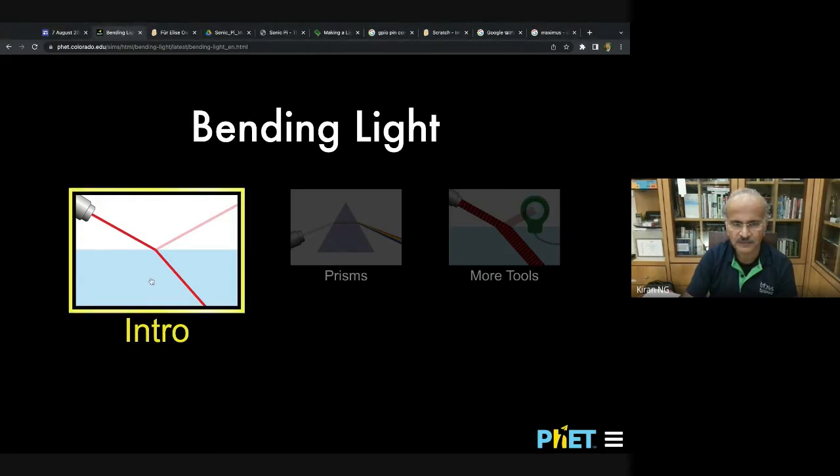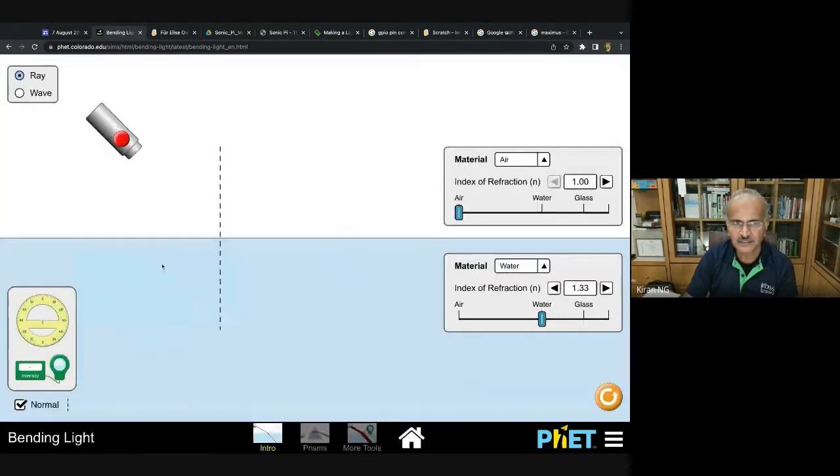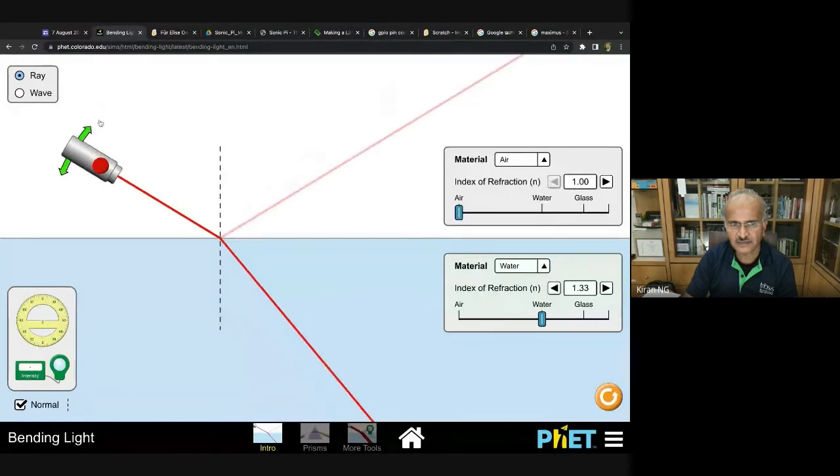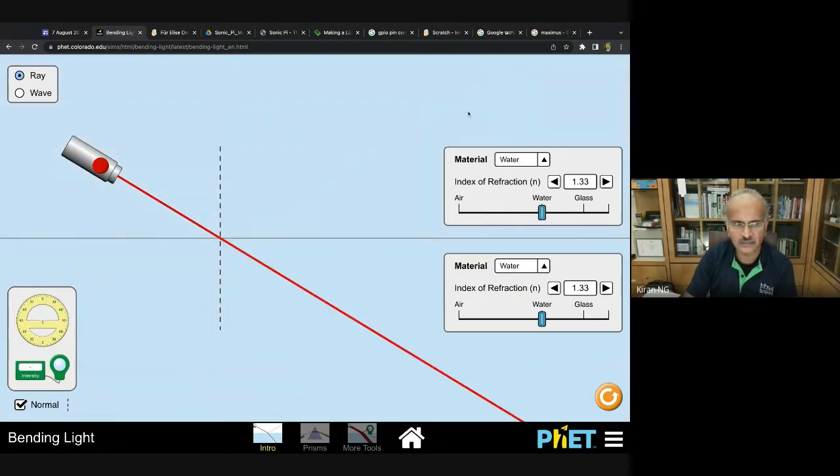Okay, now let's learn about bending of light. Reflection, refraction, all those things you will learn. Okay. Now, there is air on the top and water below. If I make water also above, suddenly